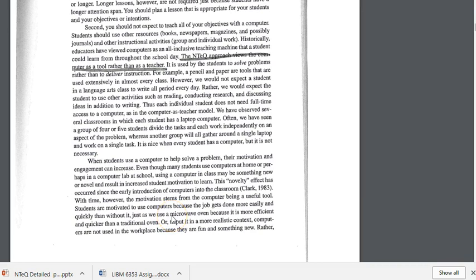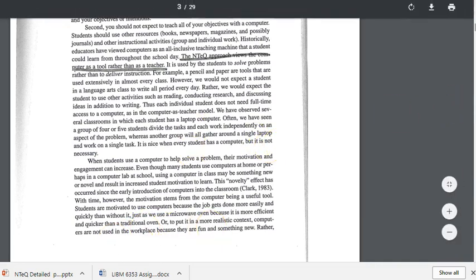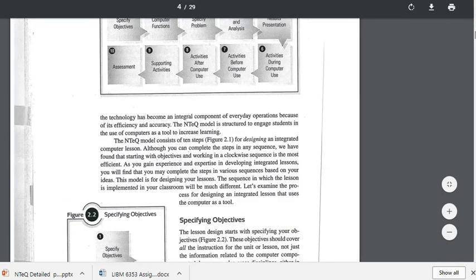Just as when we use a microwave oven because it's quicker than a traditional one, or to put it in a more realistic context, computers are not used in the workplace because they're fun and something new. Rather, we use them because technology has become that integral component of everyday operations, because it's more efficient and accurate. So the NteQ model is structured to engage students in the use of computers as a tool to